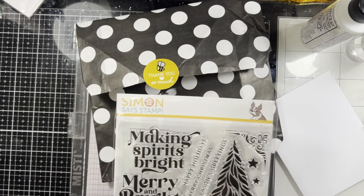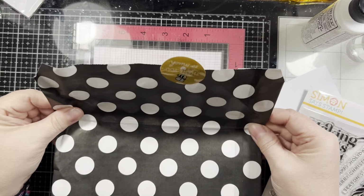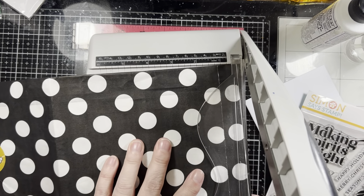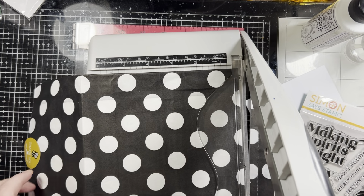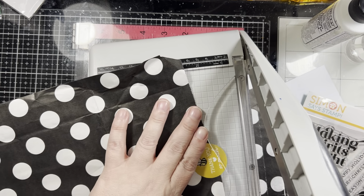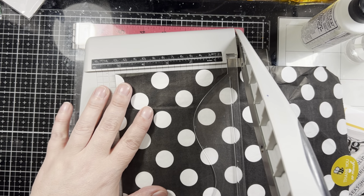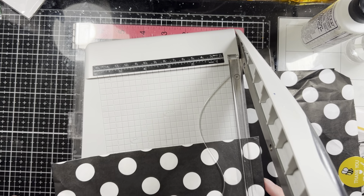And then I recently had an order with honeybee stamps, and they always come in cute little bags. And so I thought, why not make a card out of this bag? So I'm just going to trim it down using my guillotine trimmer from Tim Holtz. I'm just going to cut the end off and then cut me a piece that is 5 1/4 by 4. And I end up with a couple of them, but one of the panels is where that sticker was attached, so it's got a little rip spot in it,